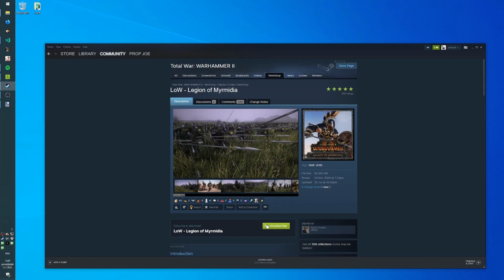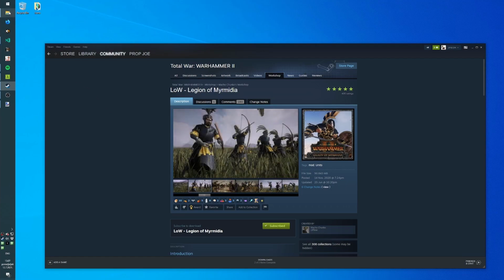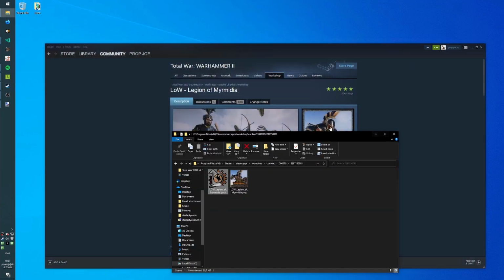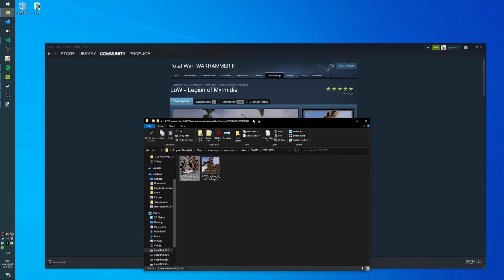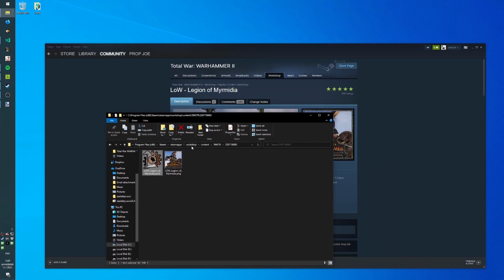So when you subscribe to the mod, Steam downloads it to a folder with all the mods. And that is going to be here for me. For me it's on C program files, Steam, Steam apps, workshop content. If you have Steam installed somewhere else, it'll be another location, but basically it'll be in workshop content. There's going to be all the Steam games that have mods. And